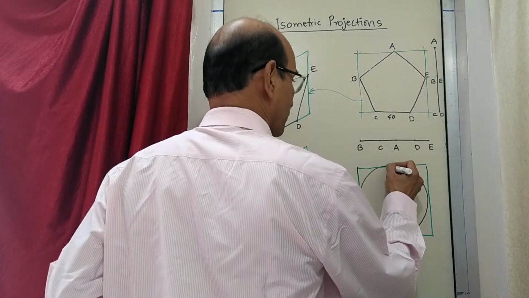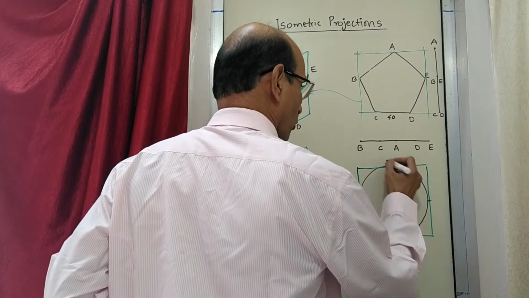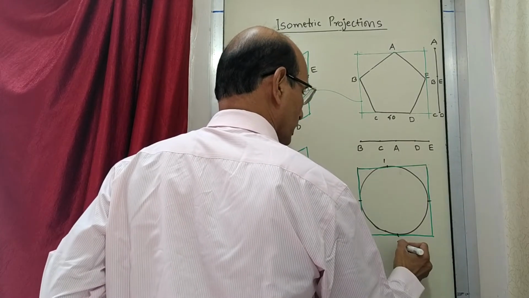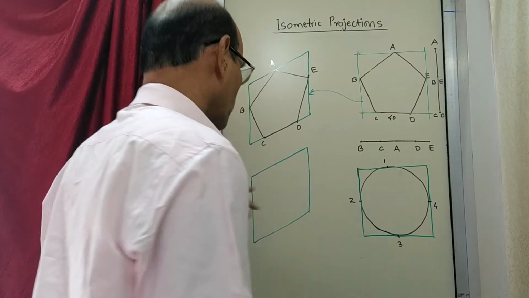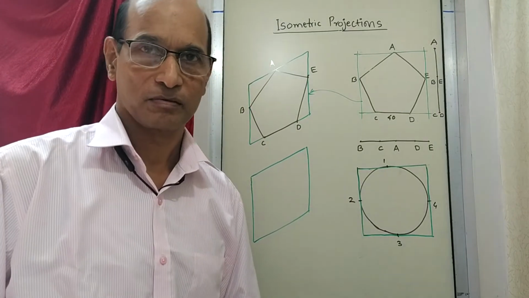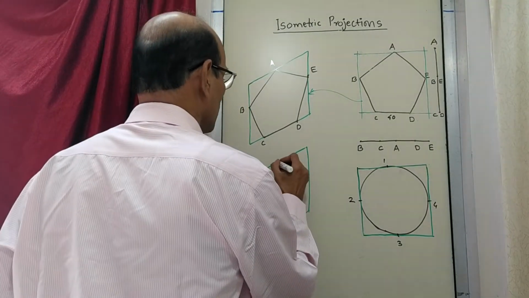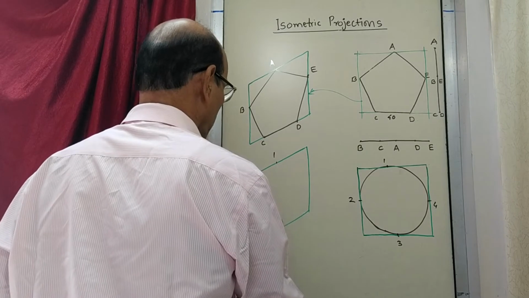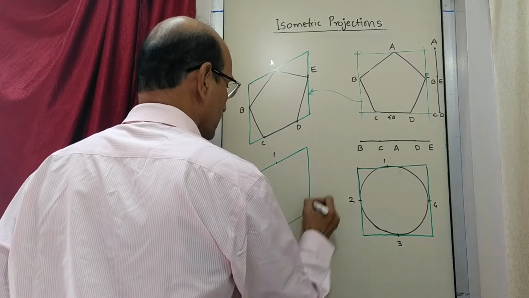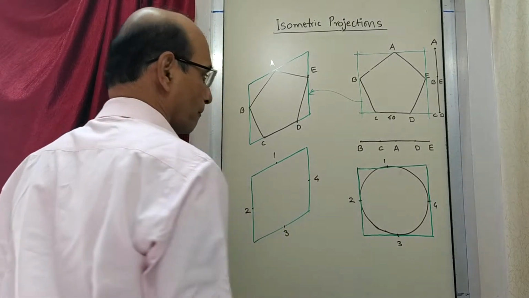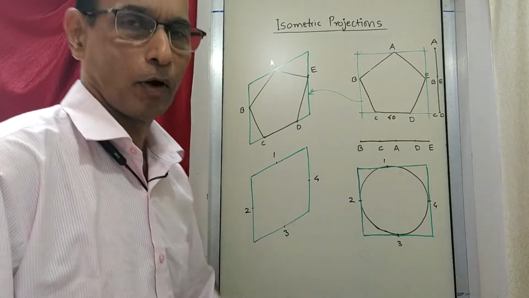These are, let's say, 4 points: 1, 2, 3 and 4. These 4 points, let us mark them first. As you know very well, here there will be point 1, the midpoint 2, the midpoint here is 3, the midpoint here is 4. So you have marked the simple points.